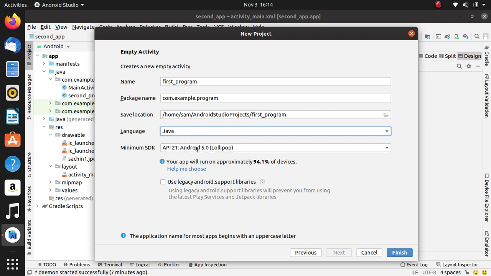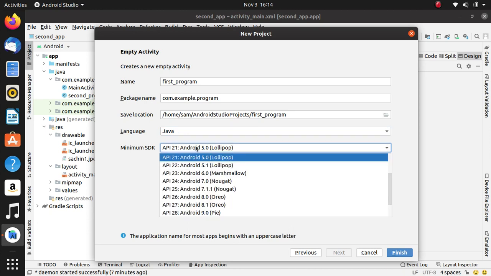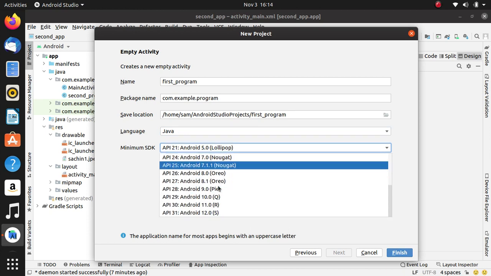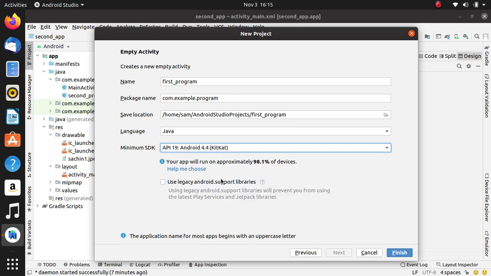Now the minimum SDK required for your application is Lollipop. You can select any other version. Now if I select KitKat, it might be that the versions below KitKat will not be able to run this program. Okay.